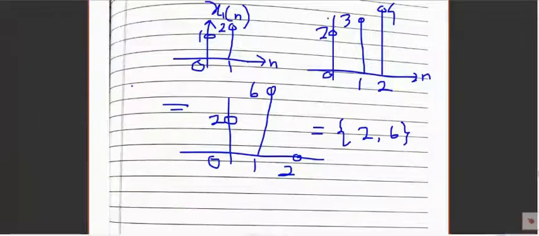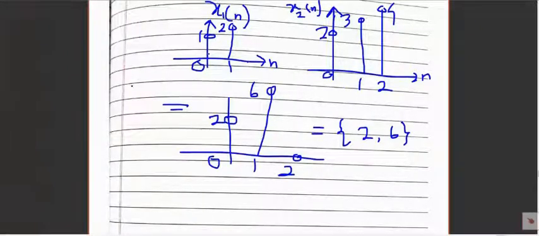Now, the subtraction of x1n and x2n. Anyone tell me the subtraction result? Again, multiplication, addition, subtraction is done position by position. We have to see the value of n at 0, at 1, at 2, and multiply. Similarly if we have to do subtraction, we see the value at 0, at 1, at 2, and subtract.